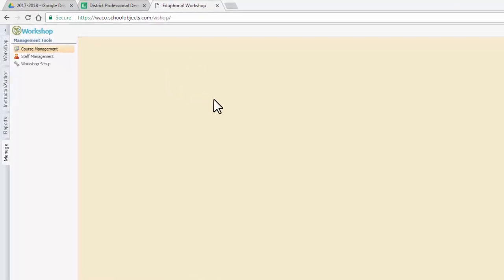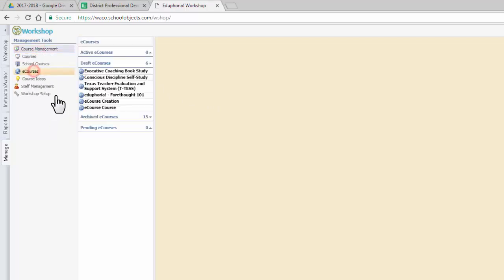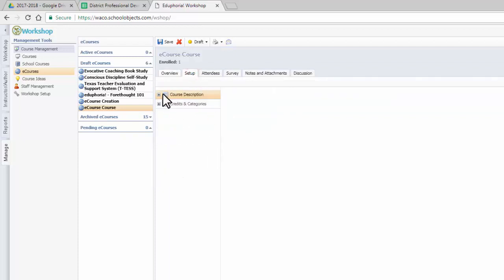Once you've completed the setup of your eCourse, you're going to go back to your workshop application under Course Management and eCourses, and you can see here the course you've created should show up under your draft eCourses list. What we're going to do is, one, make sure we're in the eCourse we have created or added a content